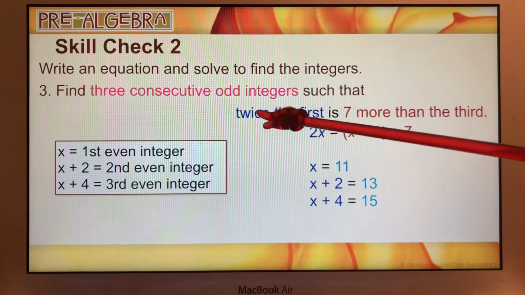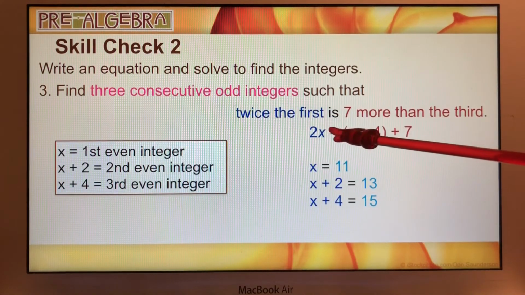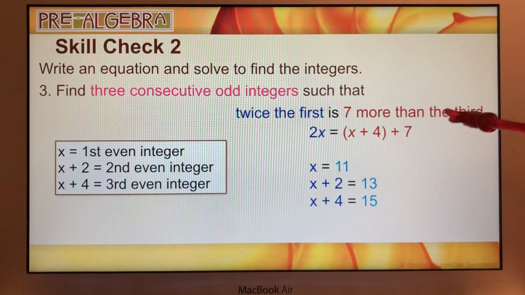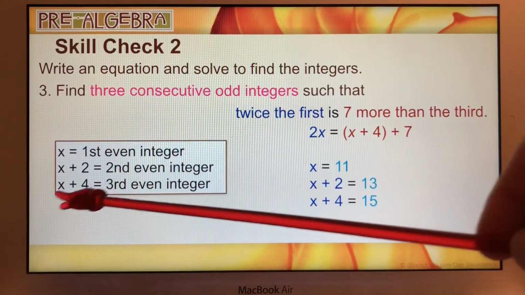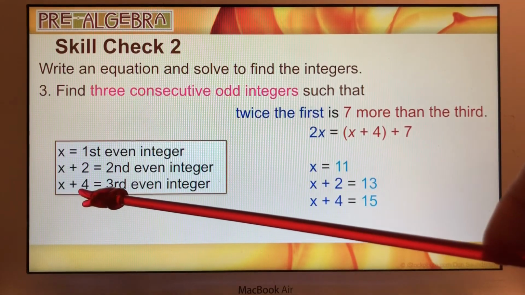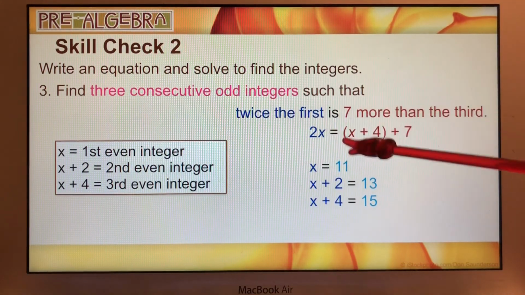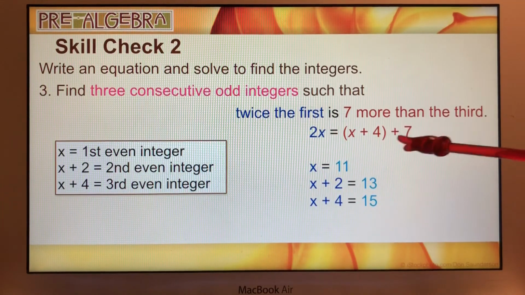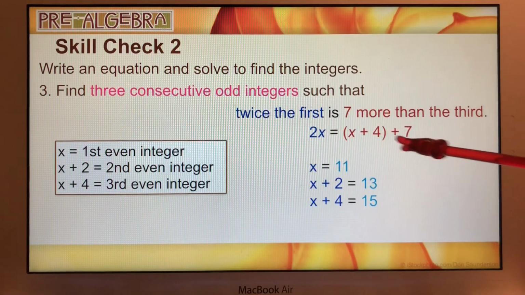So twice the first, that means 2 times x, equals 7 more than the third. So what's our third integer? The third integer is x plus 4. Well, this is 7 more than that. So then that's x plus 4, right here, plus 7 more. And when you simplify this,